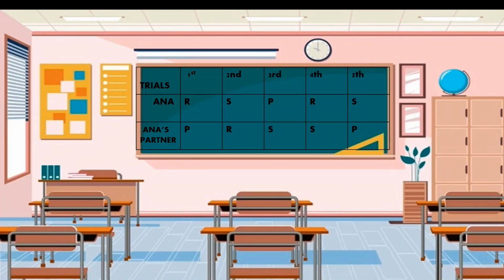It was a fun game. I have recorded the result. From this table, how many times will Anna win or lose the game? What do you think? That is correct. Out of 5 games, Anna only won twice. Now, from this game, what can we conclude about your chance of winning and losing the game?